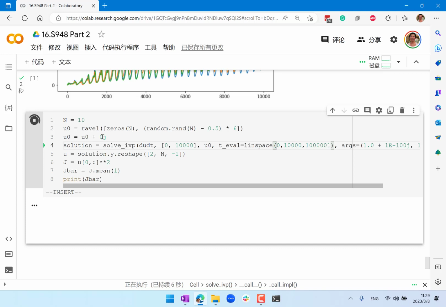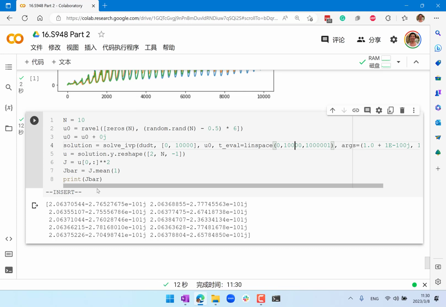Actually, it takes some time to do the time integration. Well, the real part got a lot better, and the imaginary part, starting from different conditions, also seems to be getting a bit better, except for this one. So as you can see, basically